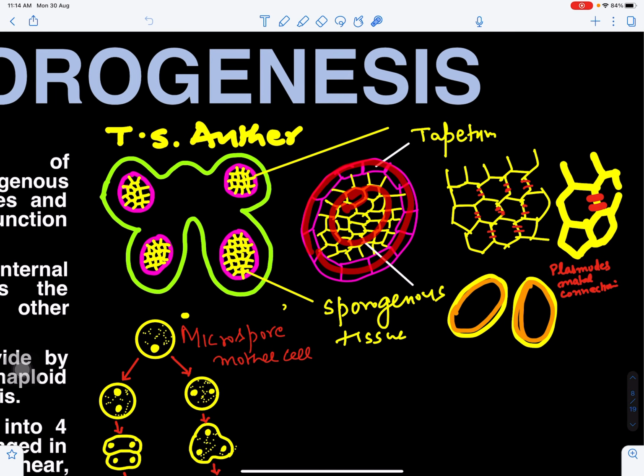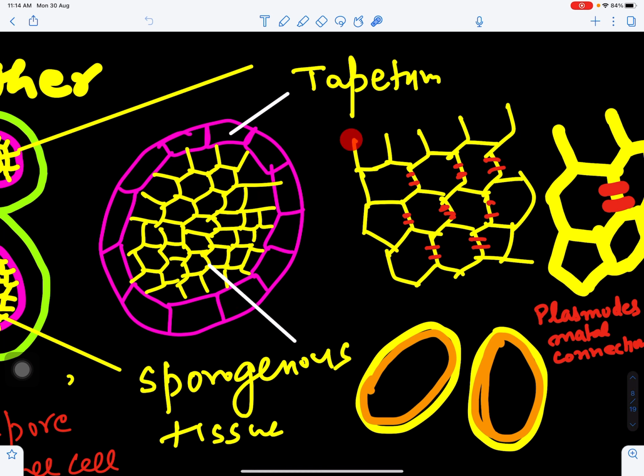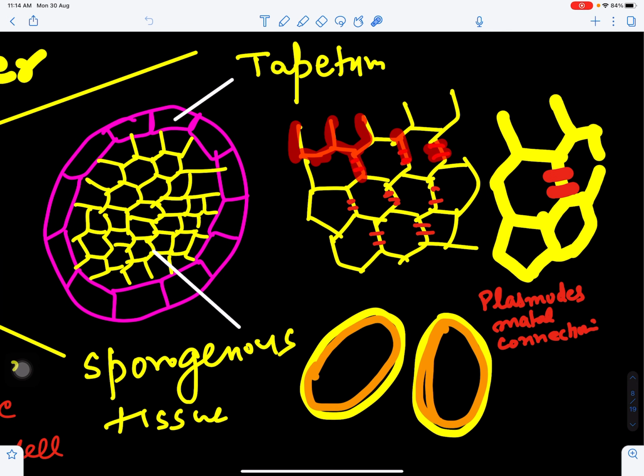Now if we see the sporogenous tissue here, the cells are connected with each other, right? You can see here the red connections. These connections are basically plasmodesmatal connections. Now these cells of the sporogenous tissue will round off like this, right? Now here we can see they have rounded off, and inner to the spore mother cell is the production of callose,